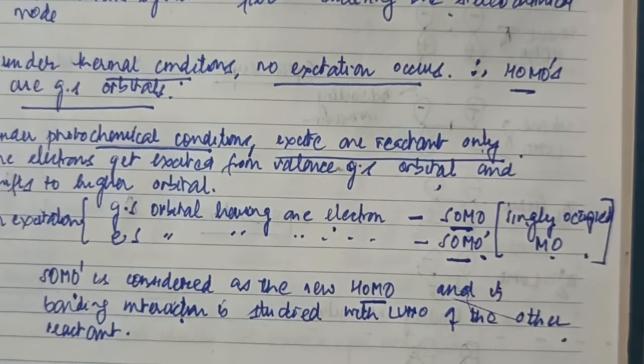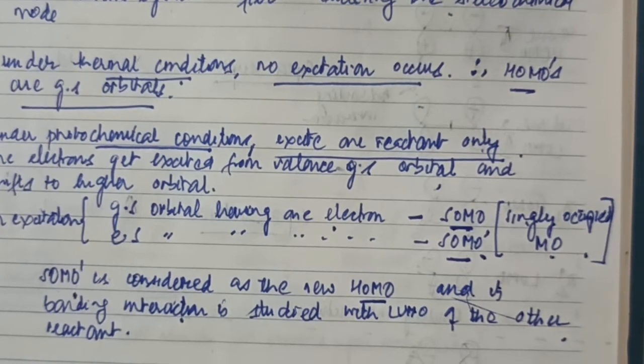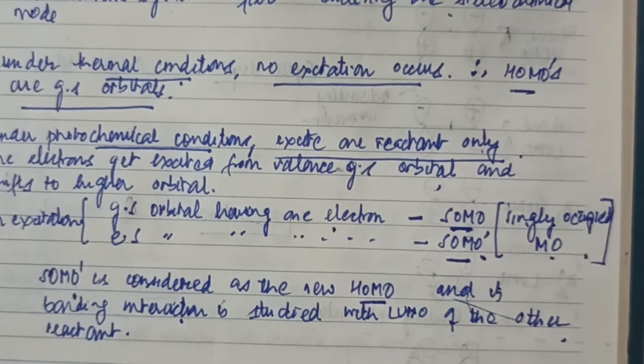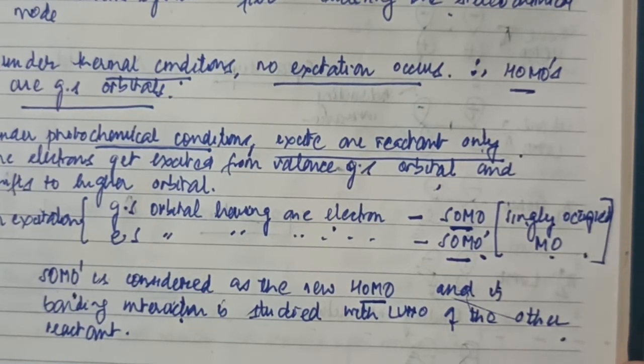Now, last thing before I get to the next point: whenever we are considering photochemical reactions, we only draw the HOMO of the one which got excited. Normally speaking, I told you earlier that HOMO of one reactant with LUMO of the other, or vice versa, LUMO of the first with the HOMO of the second. Any orbital you can choose and make HOMO or LUMO. But under photochemical conditions, remember, we always take the HOMOs of the reactant system which got excited and not of the reactant system which did not get excited. You'll get to know this point much more as you do the reactions.